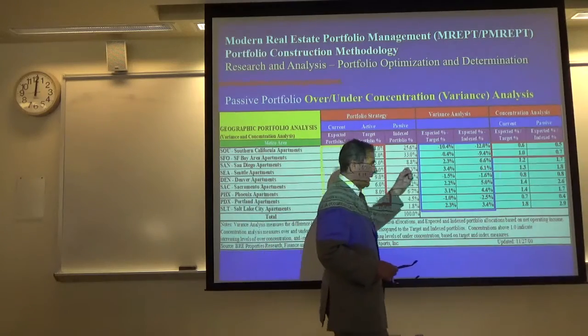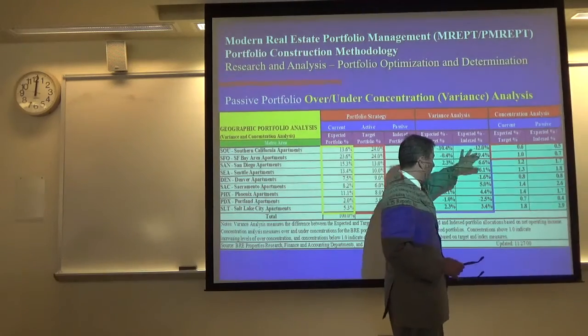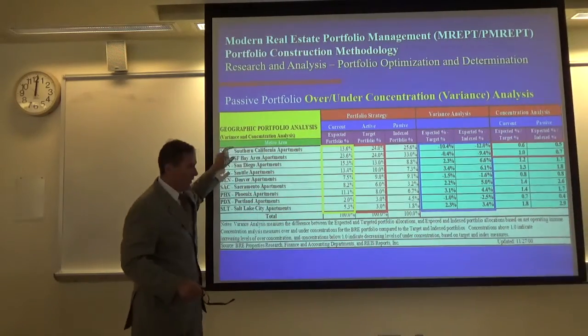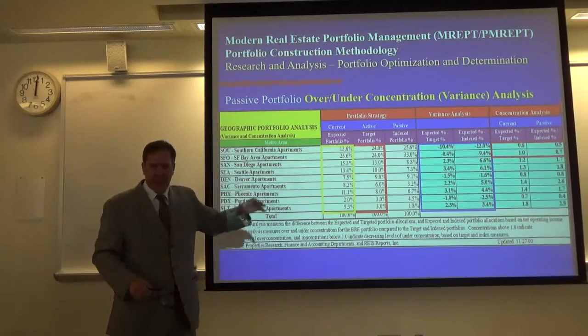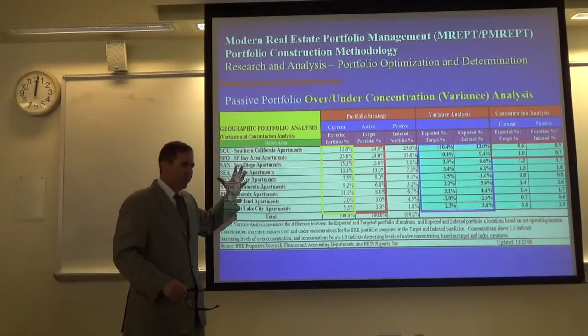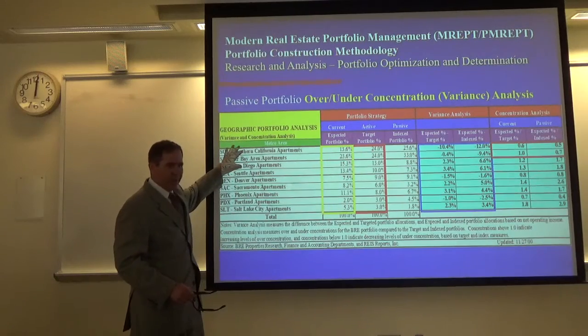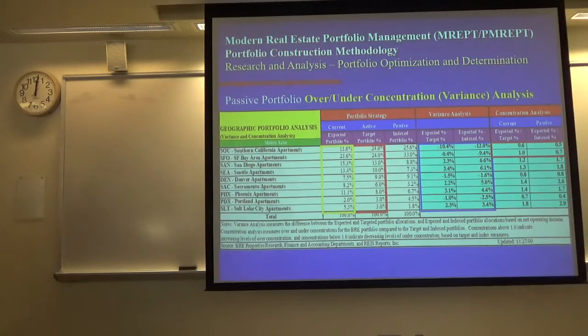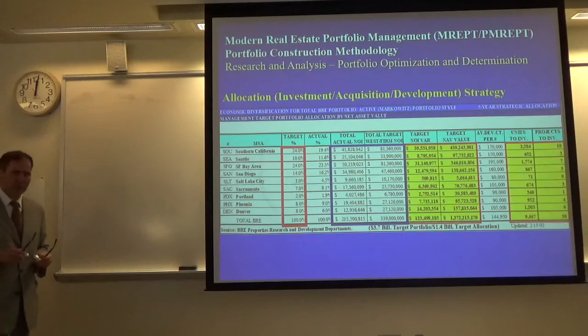Then we looked at the expected weights across the geography, our active approach and passive approach, and then calculated the variances. Very quickly we were able to identify that we were severely underweighted in Southern California and Northern California. Eventually, based on the other models, we sold off all the other markets and redeployed the capital into these two markets and started to develop new product and go further out the efficient frontier. The shareholders were willing to take on more risk if they were going to be compensated with more return. So we told them clearly that we were going to overcompensate in these two markets because they had the best fundamentals, not only historically, but we were projecting a very solid market performance going forward.